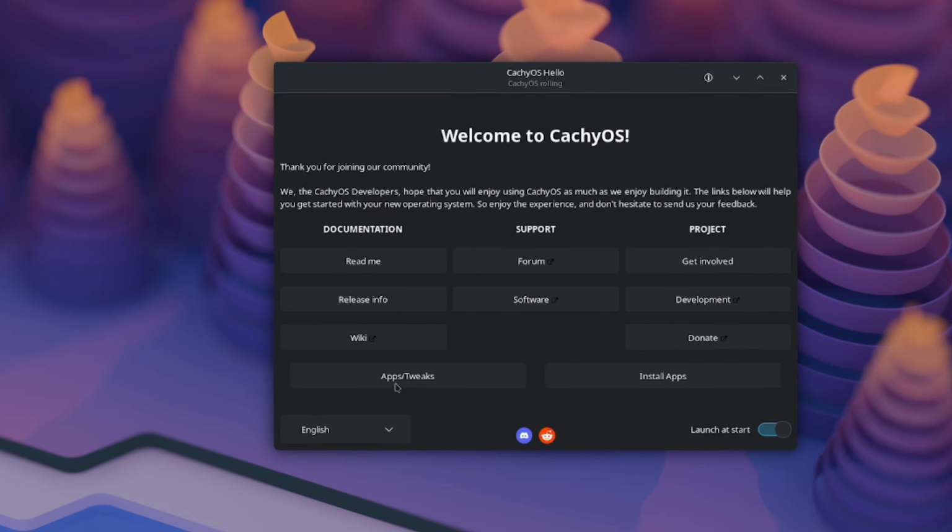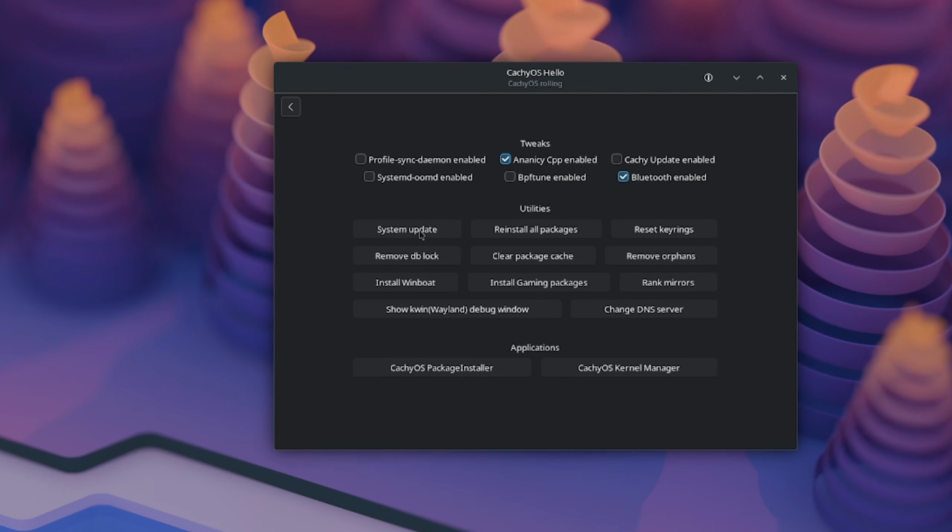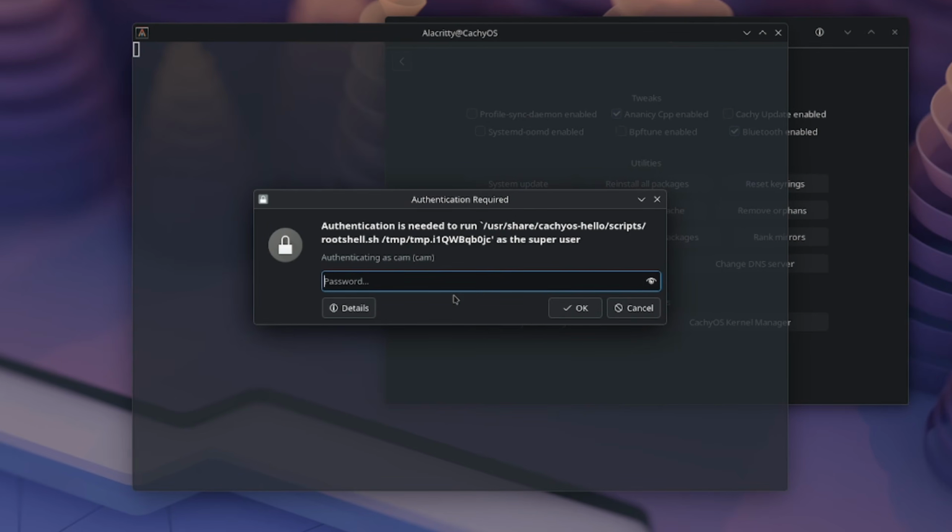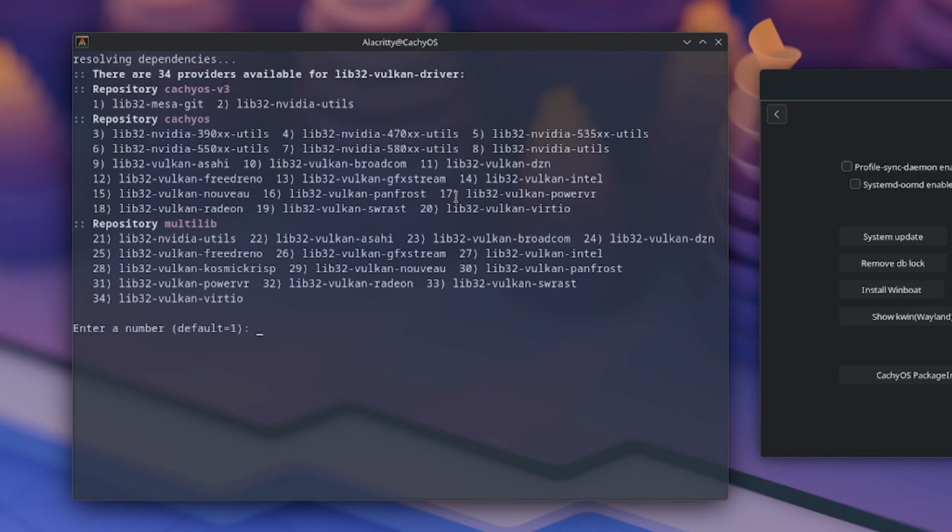So the first thing we're going to do is go to apps and tweaks, and if you are coming from Windows and you would like to test out any games on Linux, or test your Steam, or test anything that you want, go ahead and just click install gaming packages. Just type in your password. This may look a little scary to anybody coming from Windows who's never used a command line, but it is